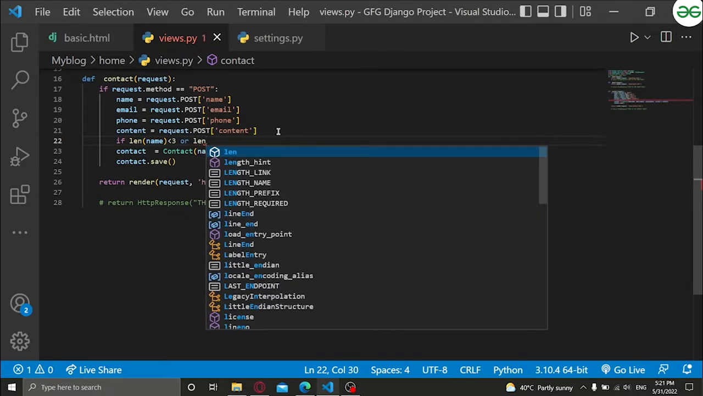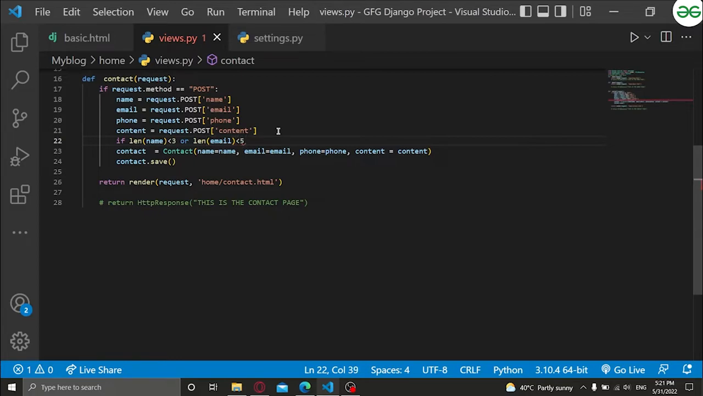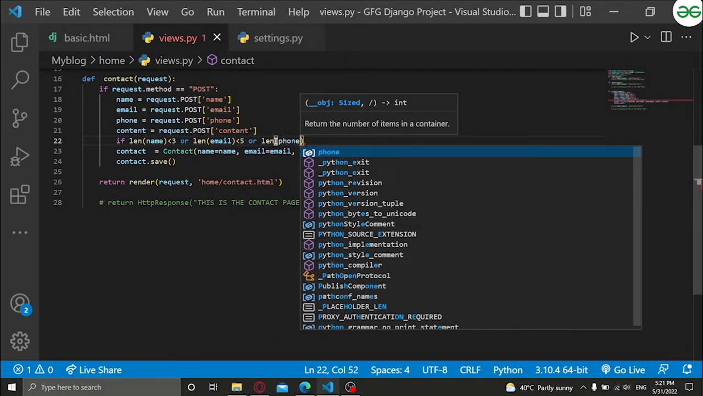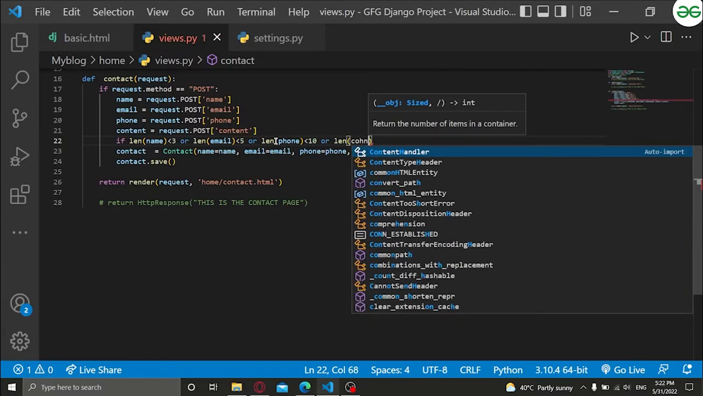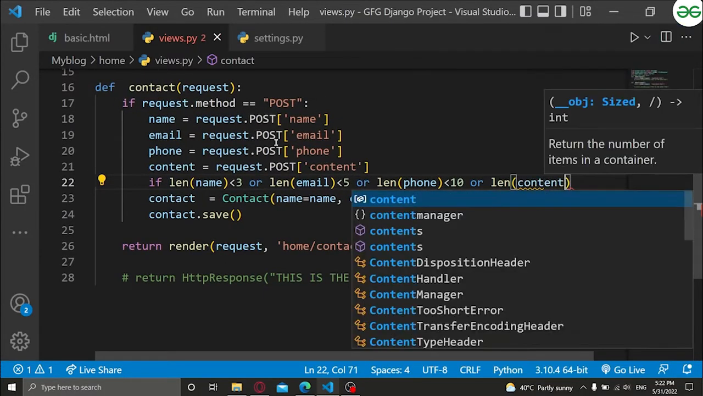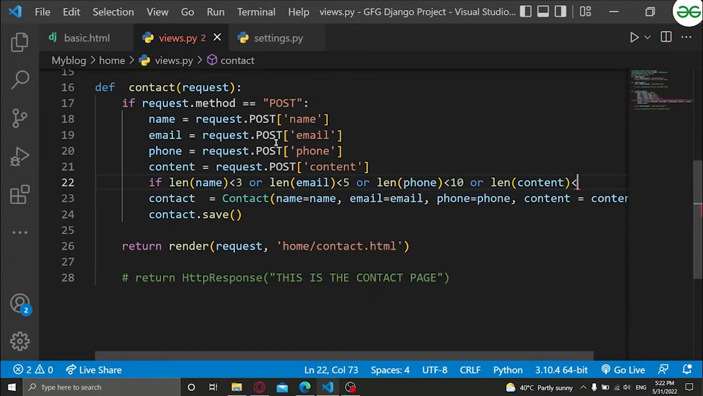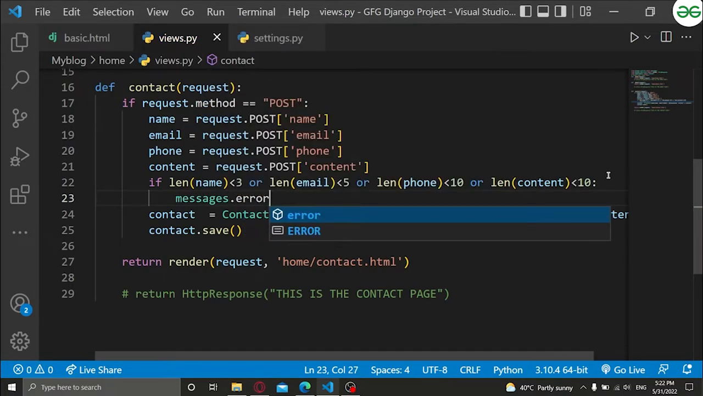Right now, I have written that if the length of name is less than 3, or the length of email is less than 5, or if the length of phone is less than 10, or if the length of content is less than, suppose, 5, or suppose less than 10, then what we have to do here is we will write messages.error,